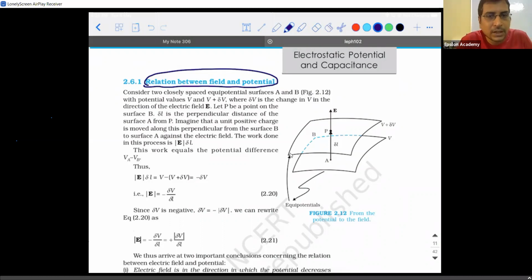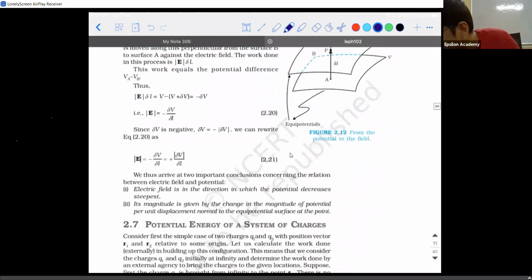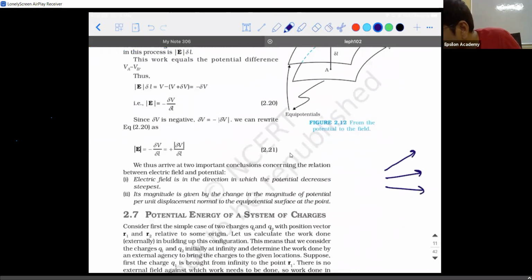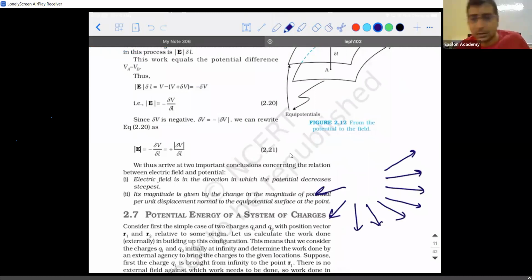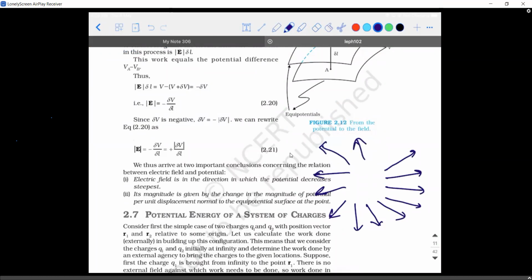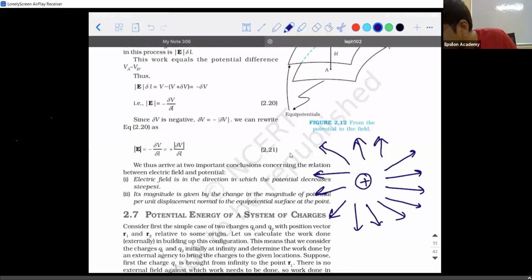Now, if I put a question in the reverse way, if I give you the shape of the electric field, if I give you the way the electric field is already present in the space, will you be able to decide what kind of charge is present? Yes, sir. You will be able to do it. I'm talking about the reverse analysis, right? If something is like this, what are you going to say? At the center, there is an isolated positive charge. To give you another system like this, you will say it is a uniform electric field.